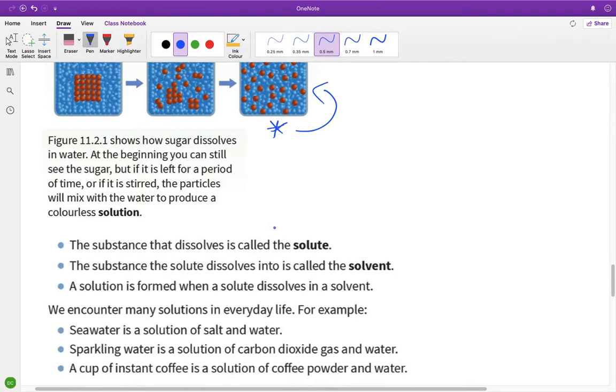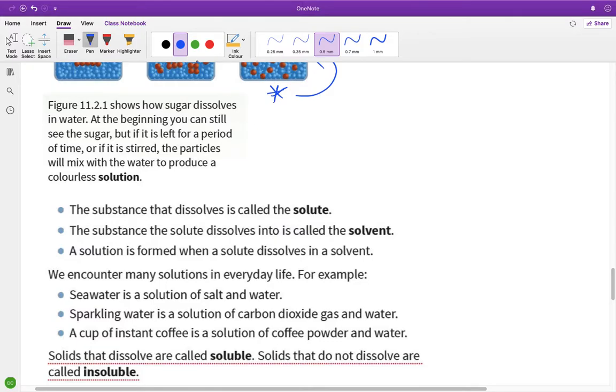A couple of keywords here that you're going to have to take down. The substance that dissolves is called the solute. So in the example up above,